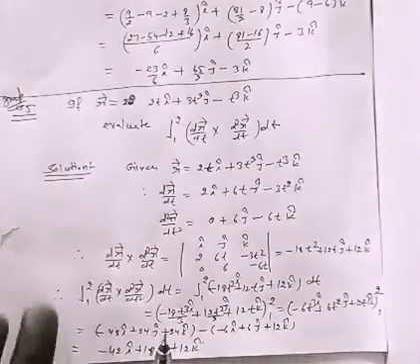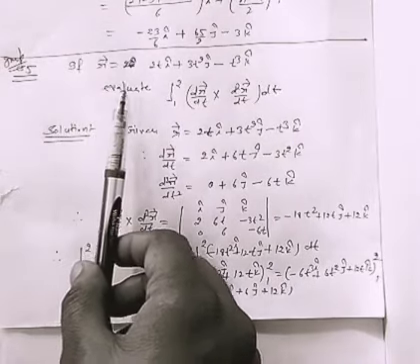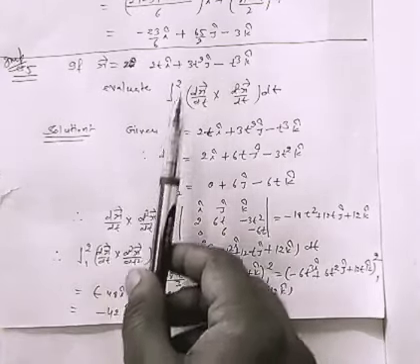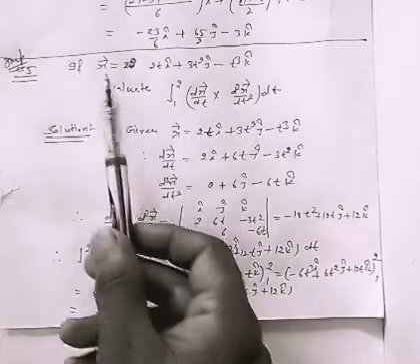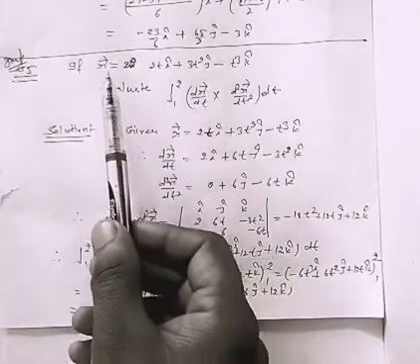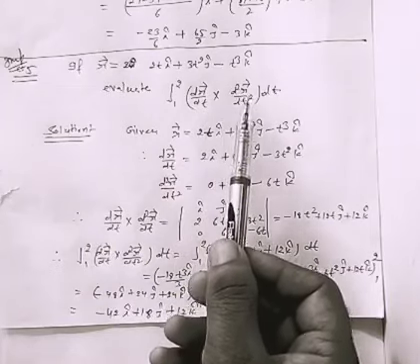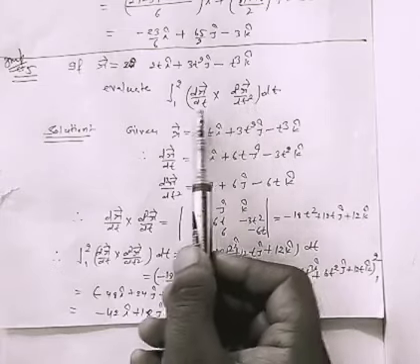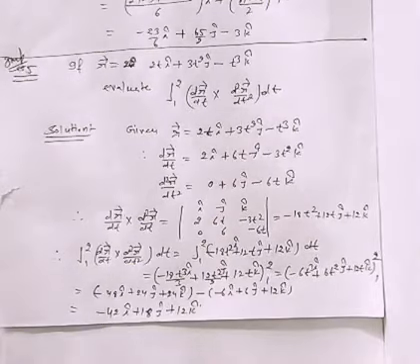Next we do question number 5. Important question for exam view. If r vector is equal to 2t i cap plus 3t square j cap minus t cube k cap, evaluate the integral from a to b of dr by dt cross d2 r by dt square dt. To solve this question, first we calculate the value of dr by dt. After that, using dr by dt, we calculate the value of d2 r by dt square. After calculating dr by dt and d2 r by dt square, we calculate the cross product of these two vectors, and after that we integrate it by simple method.